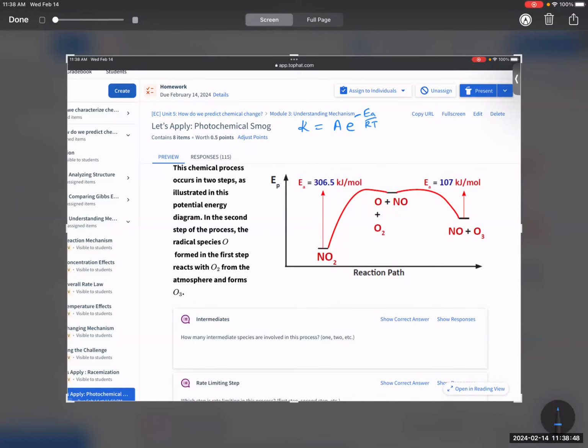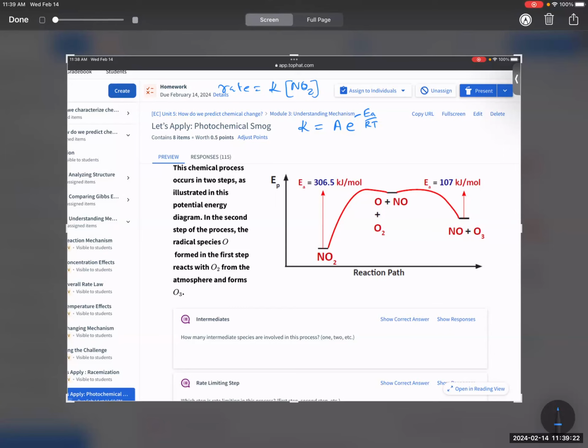And in class, we derived an equation to compare rates at 2 different temperatures. The idea is we know rate is equal to rate constant times reactant concentrations. But when it comes to a change in temperature, for a first approximation, it's not going to change our concentrations. What it's going to change is the